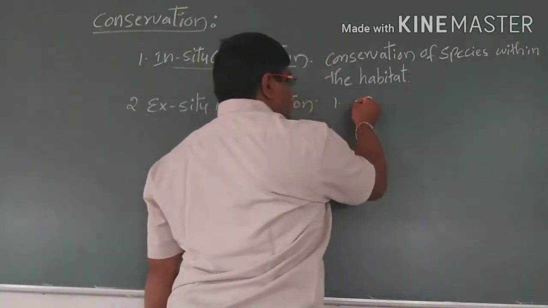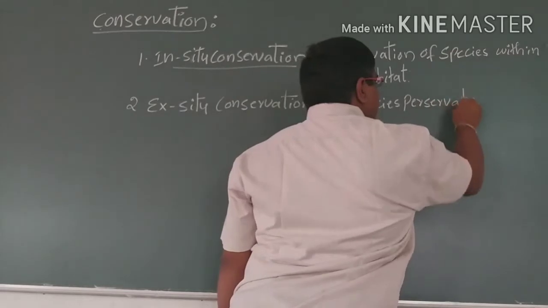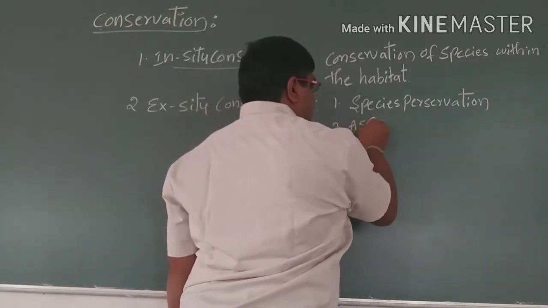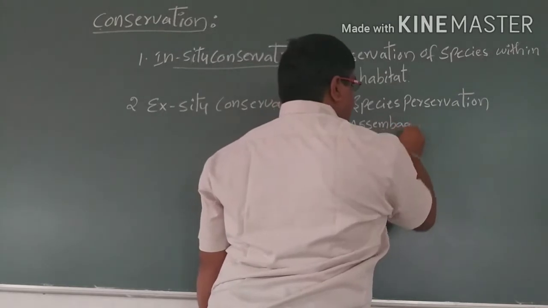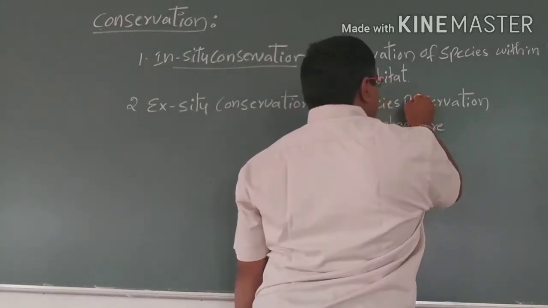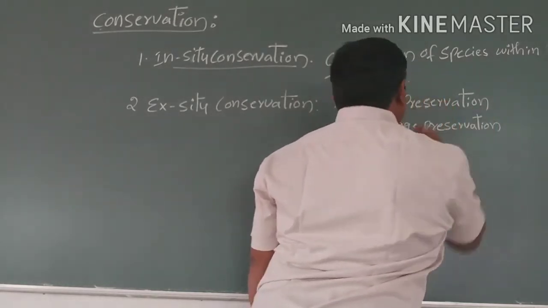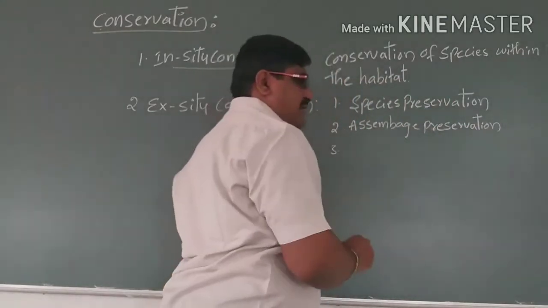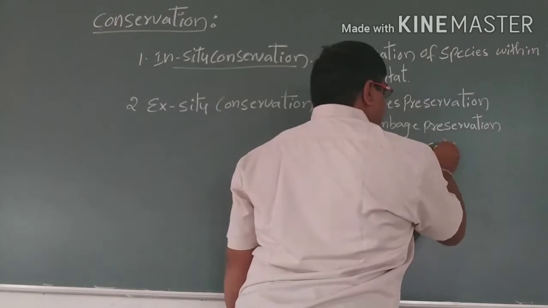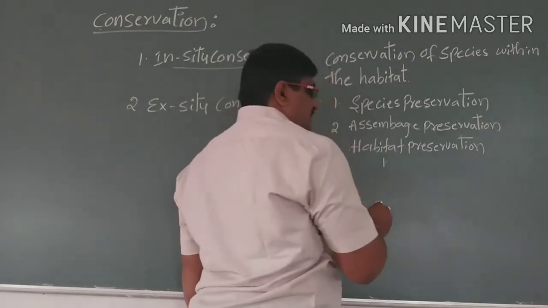One we call species preservation, the second one is assemblage preservation, and the third one is habitat preservation. In habitat preservation we have hotspots,